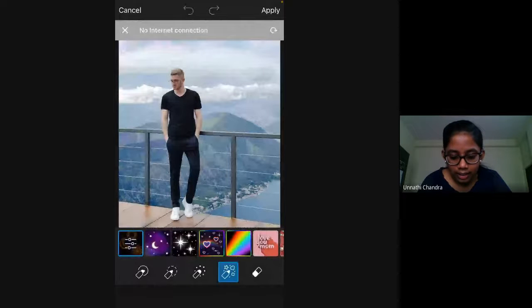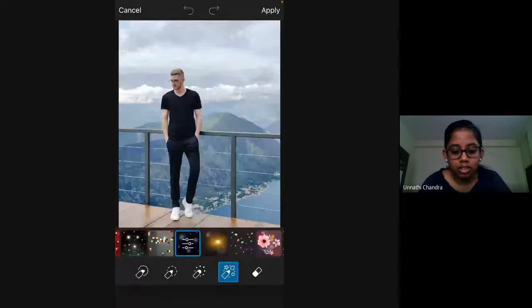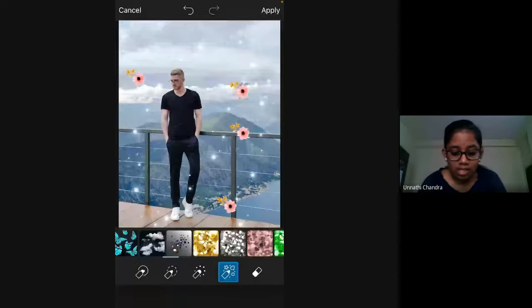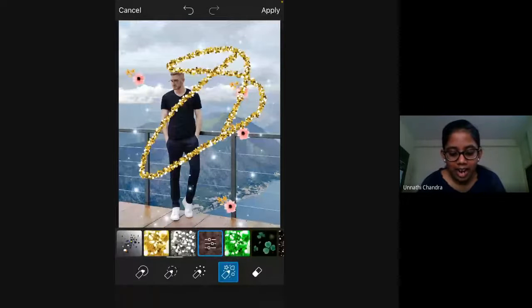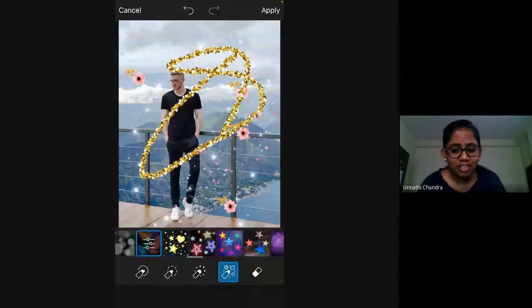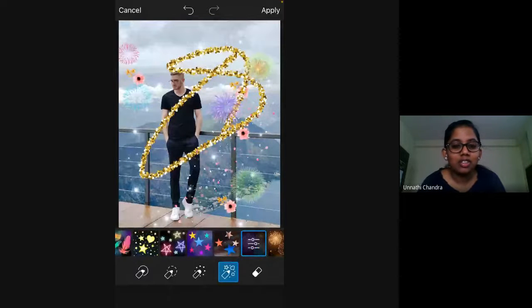Okay, you can select whichever brush you want. Like if you select the stars, you can do that, and you can just paint it wherever you want around the photo. Or you have the flowers option, and many kinds of flowers. There's glitter. As if you have Instagram or Snapchat, you have the glitter option. You can use it here too. You have different kinds of glitter, and then you also have stars. Many are available, and as I mentioned previously, explosives, firecrackers. You can use this also.